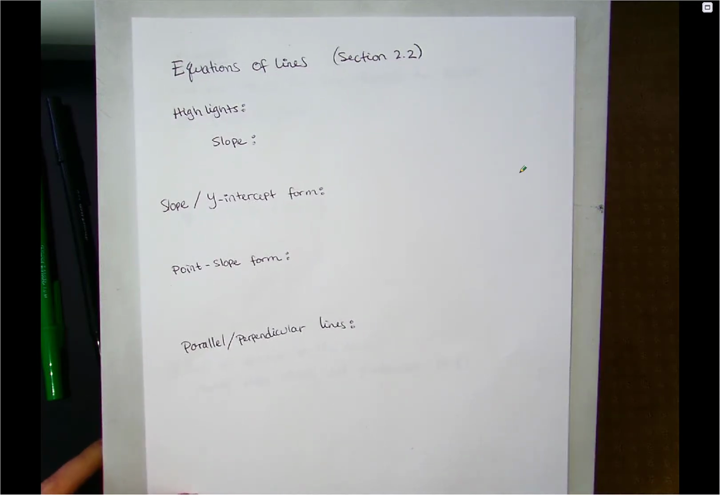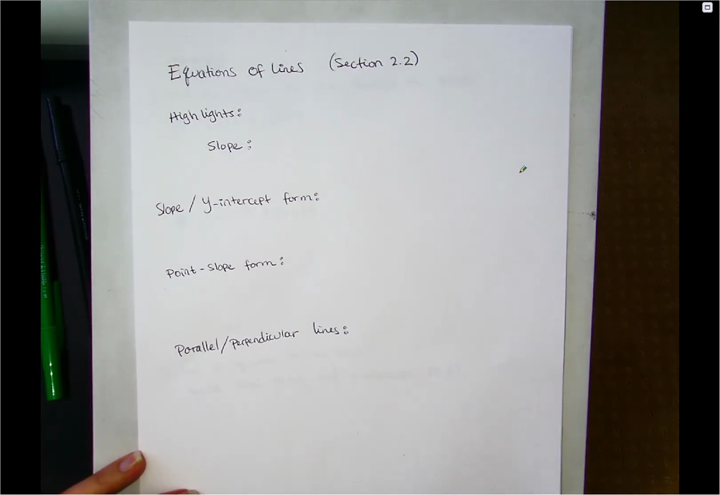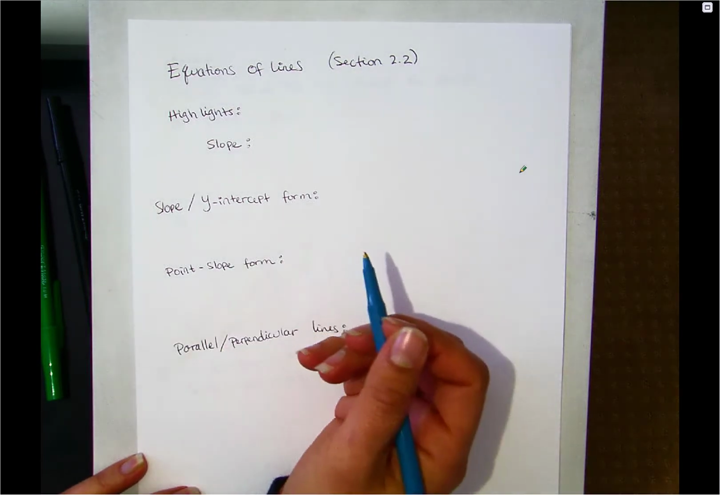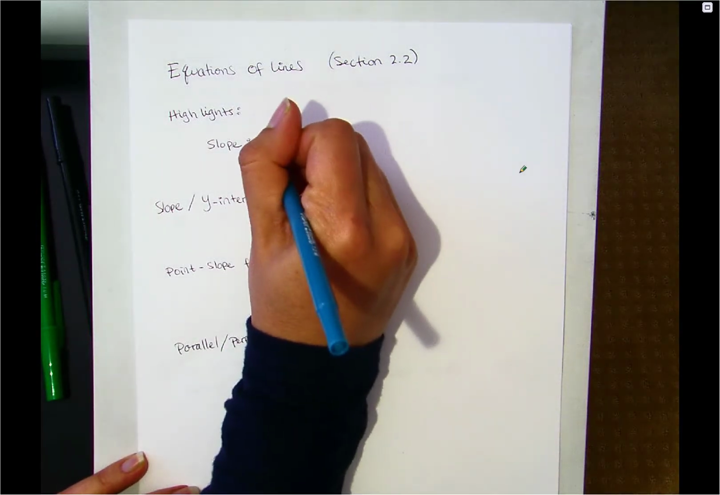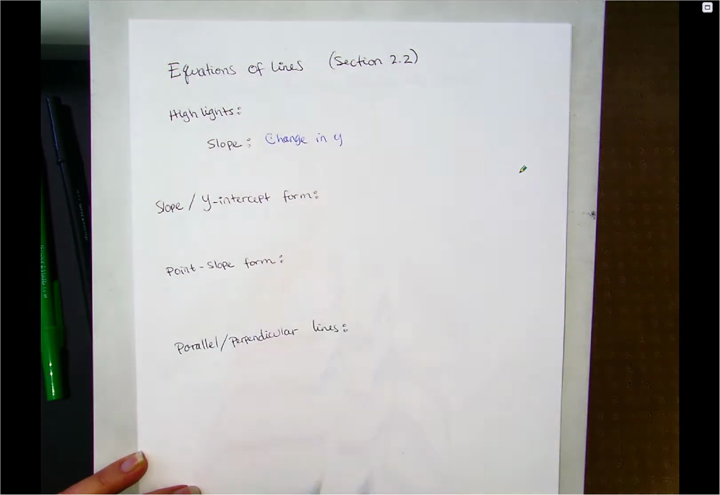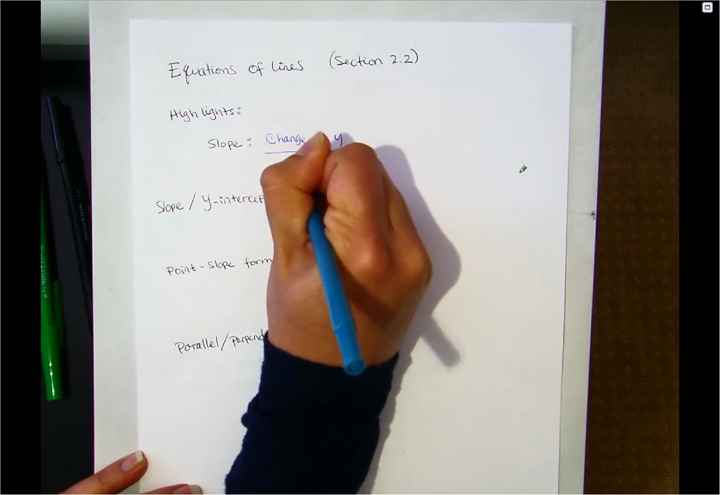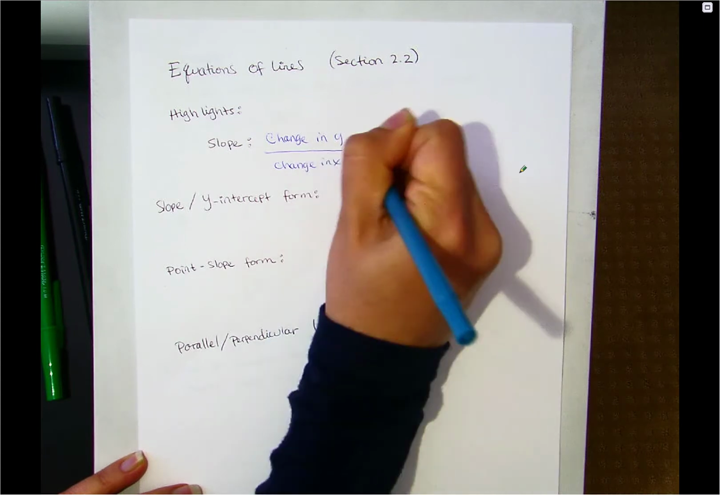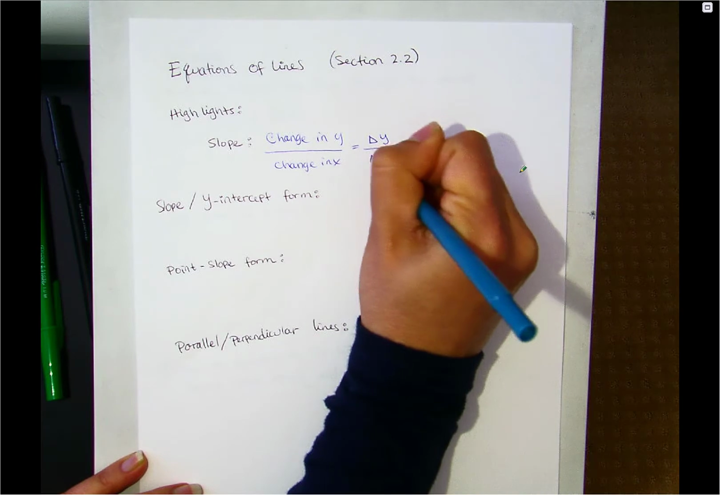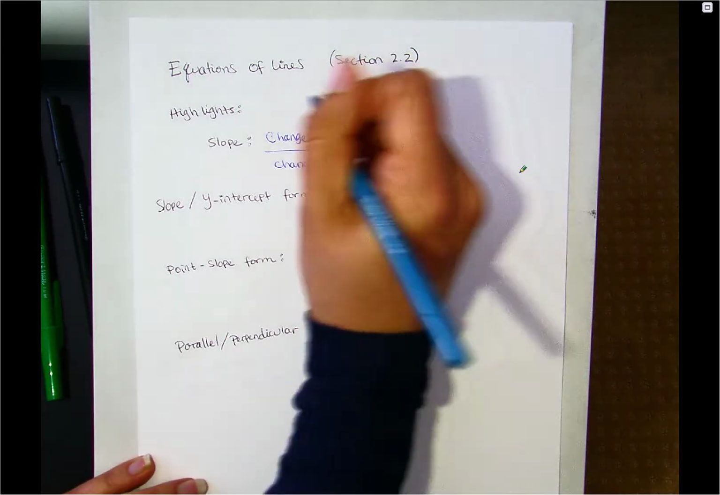So the highlights of section 2.2 are the slope. The slope of a line gives you the rate at which the line is changing, increasing or decreasing. So the slope, we usually say, is the change in y over the change in x. Sometimes you see the little delta, that means change, so you have the change in y over the change in x. Meaning that if you have 2 points,